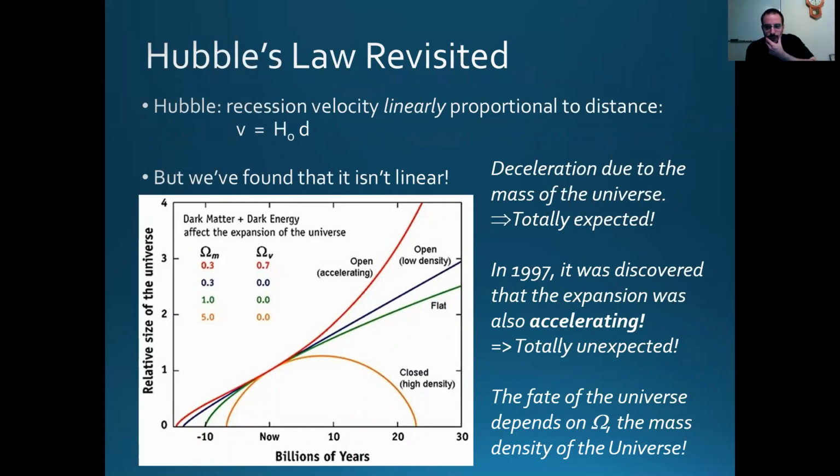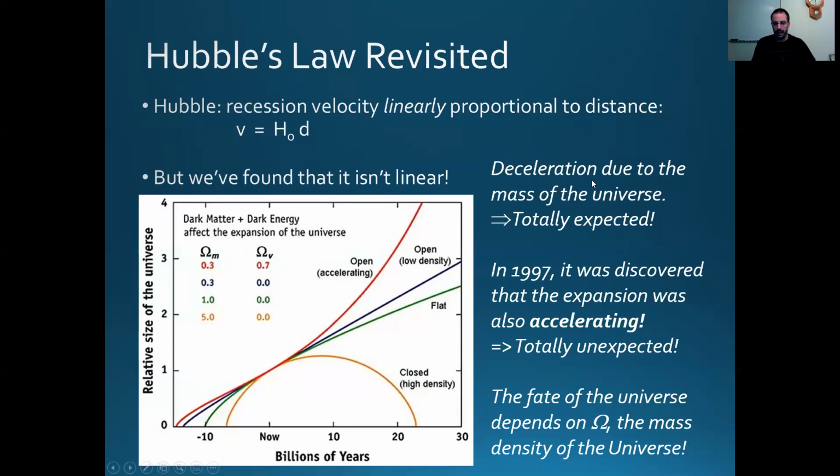So now let's go back to that expansion of the universe. Hubble's proposal was that this expansion rate is linear, that the more distant the galaxy, the higher the velocity. If a galaxy is twice as far away, if we double the value of d, then we double the value of v. And then this H0 is just a constant, which we call the Hubble constant, that tells us how fast the universe is expanding.